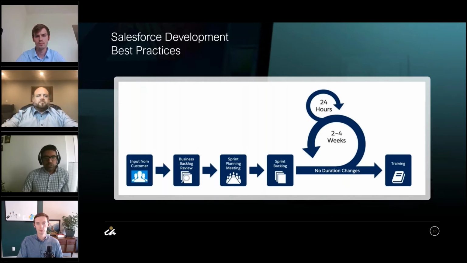So the agile process essentially means that the dev team is continuously developing for your end users. The end users essentially provide feedback upon what is being developed, and then that feedback is taken and put into a backlog. And from that backlog, a business user will come in and will then start to prioritize those items based off of whatever their needs are. Once that prioritization is complete, then depending on the capacity, the development team will start to work on the items from the highest priority, and will basically end up running sprint cycles of 2 to 4 weeks, depending on